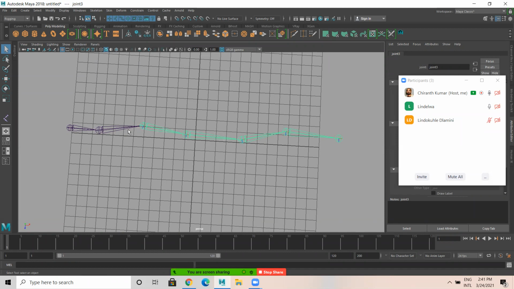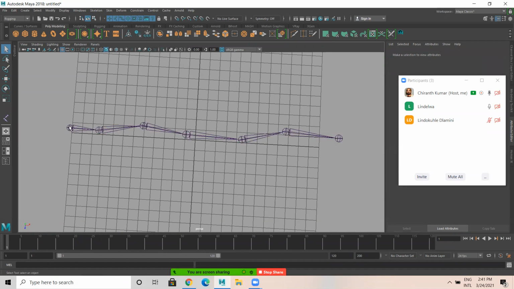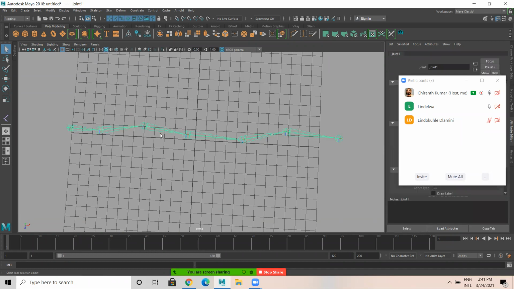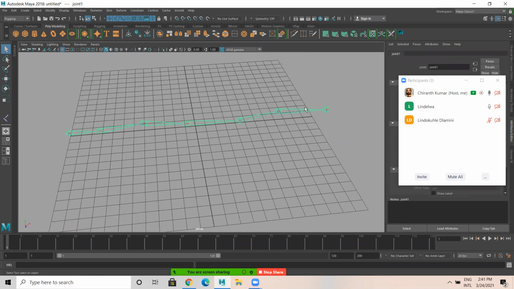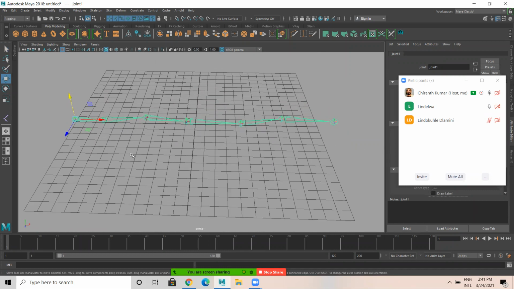So this is a child of this joint, and the parent of this is this. Similarly, the main parent is this. The first joint which you select becomes the root parent or main parent, followed by children. That's how it is. So it's all in a hierarchical manner. Okay, so now let's do one thing.